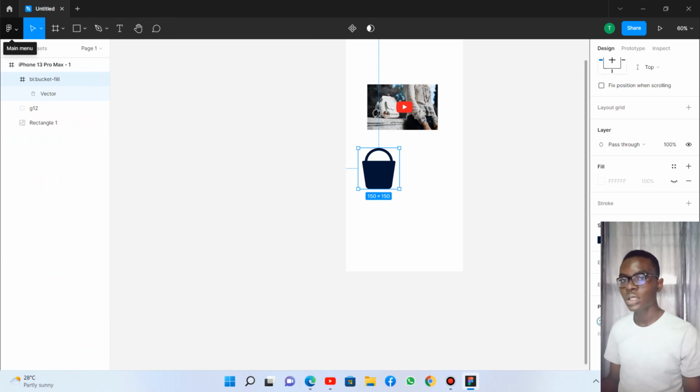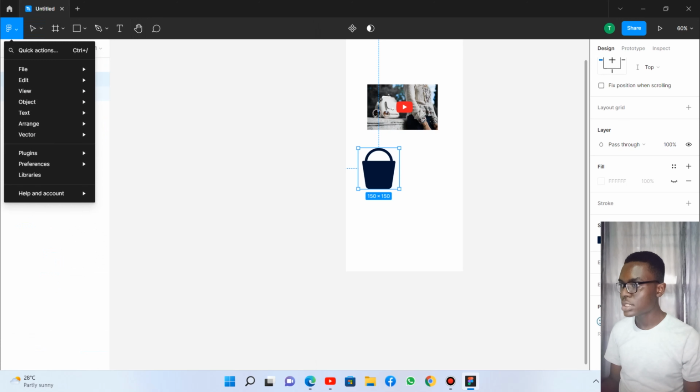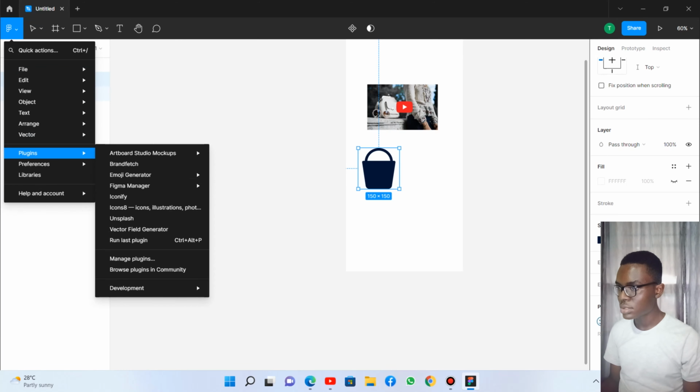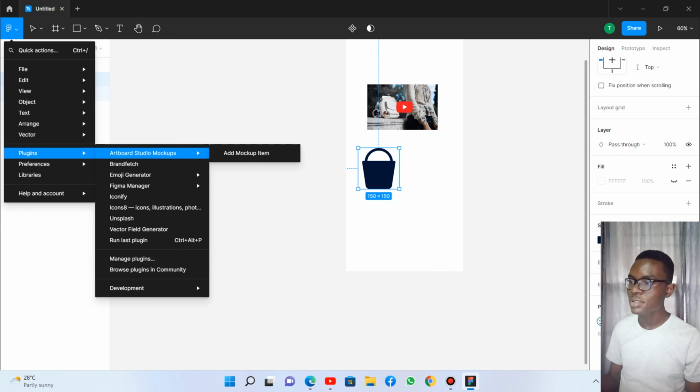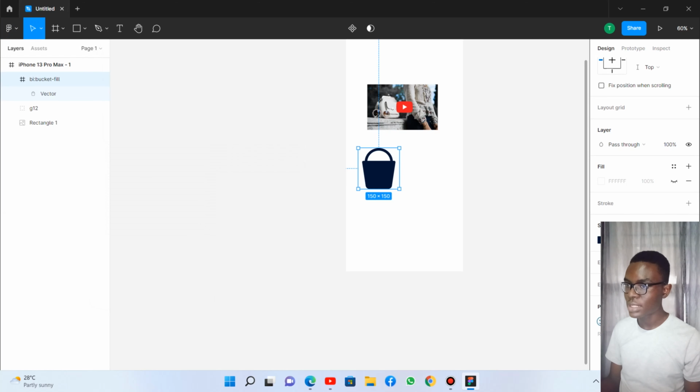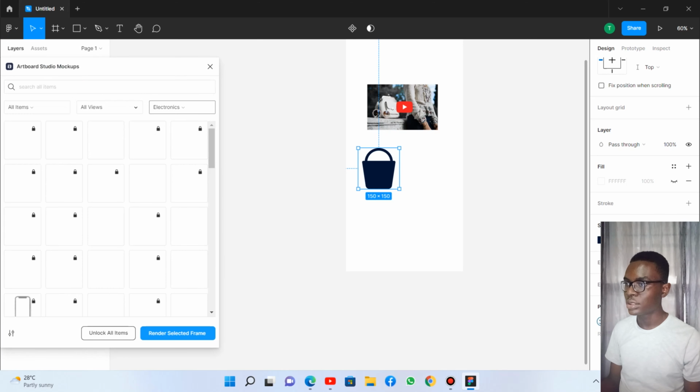So let's head on to our fourth plugin, and that's, guys, on the list, be nothing else than our Artboard Studio Mockups. So what's Artboard Studio Mockups? I know most of you have heard of mockups, so this is one of them. So let's click on it, Artboard Studio Mockups. We click on Add Mockup item, and as you can see,